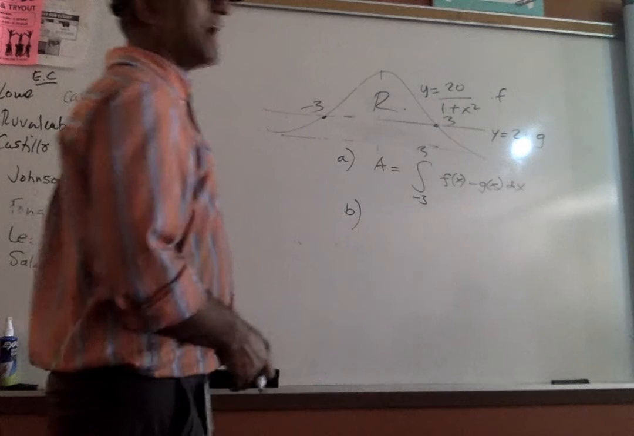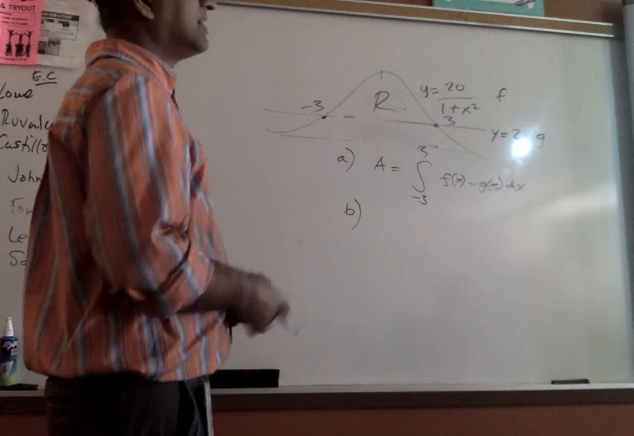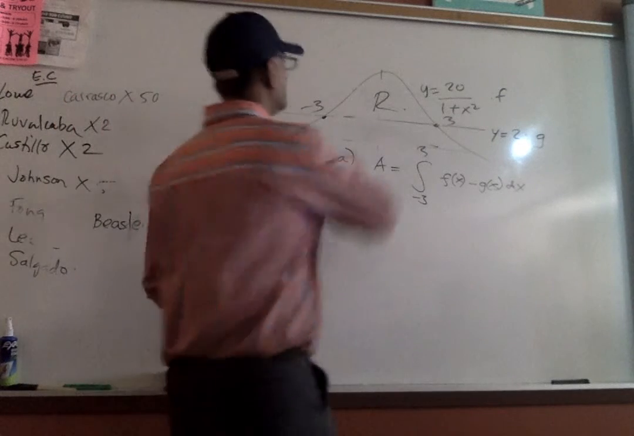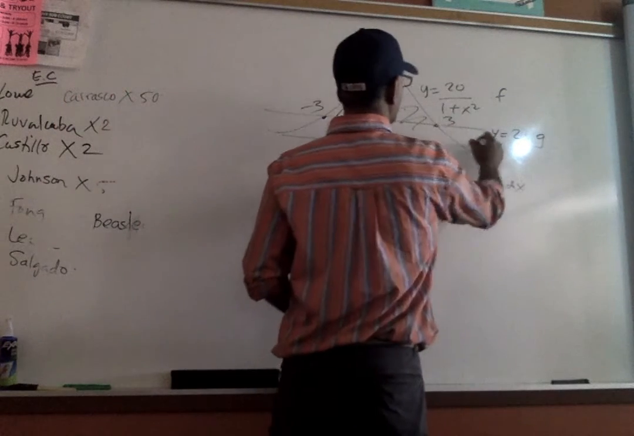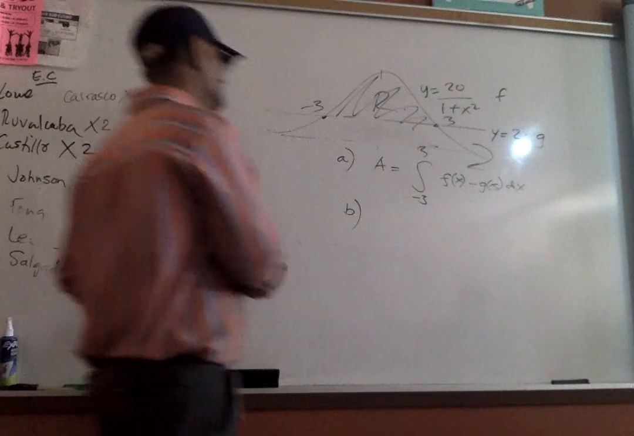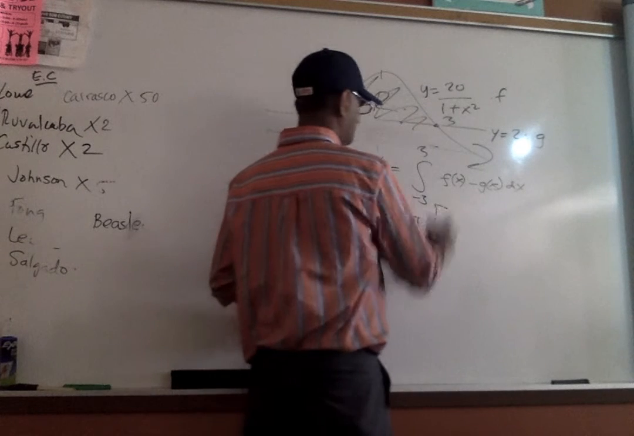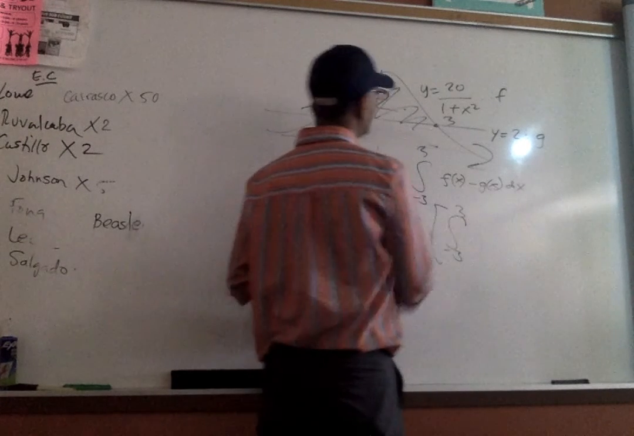We'll do B. B says find the volume. Read it with me, please. Otherwise, you're just copying stuff. Find the volume of the solid generated when region R is rotated about the x-axis. Relax, easy problem. Easy problem. So V equals, what should I not forget to write? Pi, big brackets, negative 3 to 3,